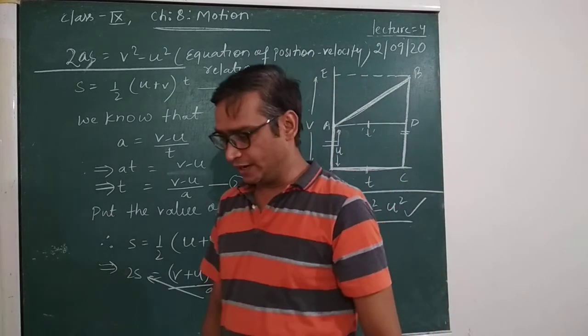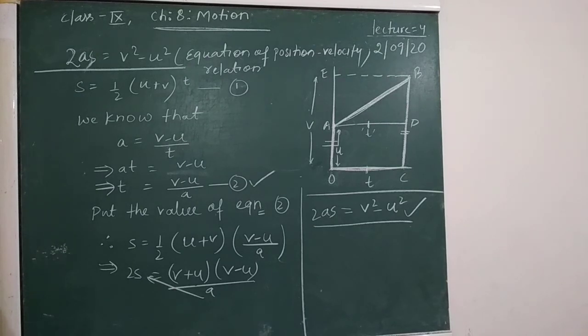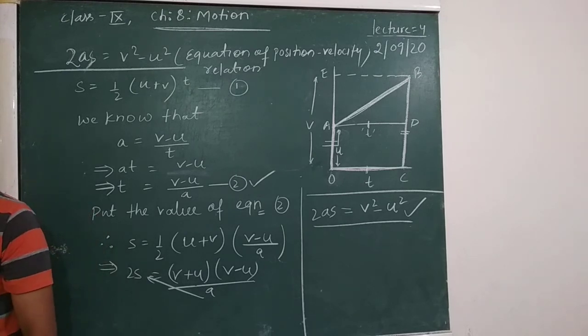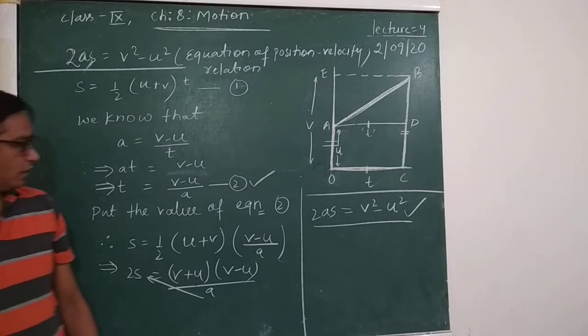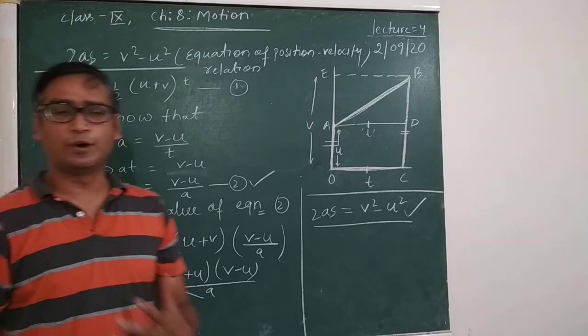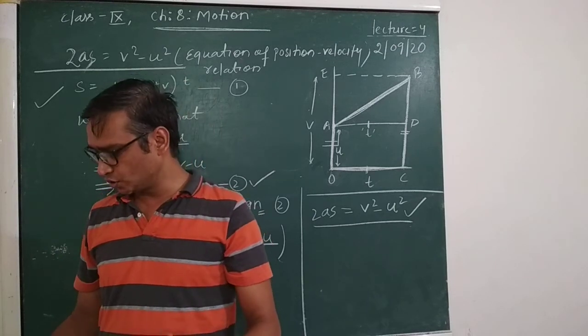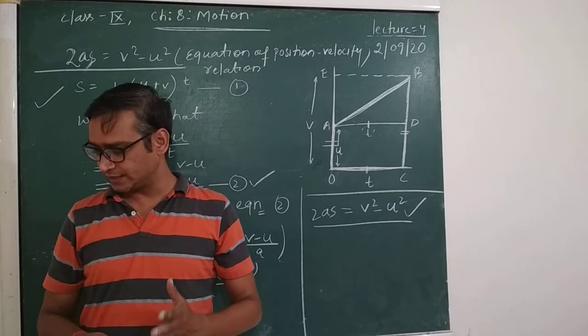There is one more topic, that is uniform and non-uniform motion. We have seen uniform motion, and there is one more, uniform circular motion. When it is said to be uniform circular motion, we will see in the next lecture. And based on these formulas, you have been given some exercises.